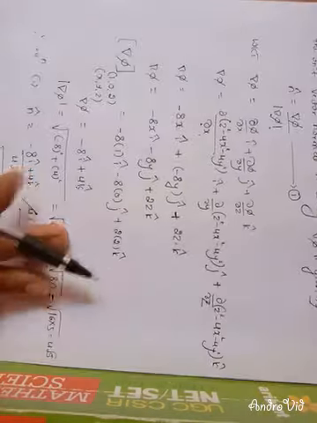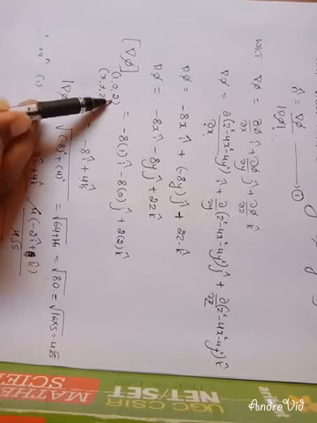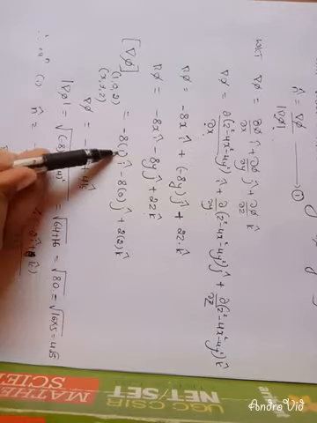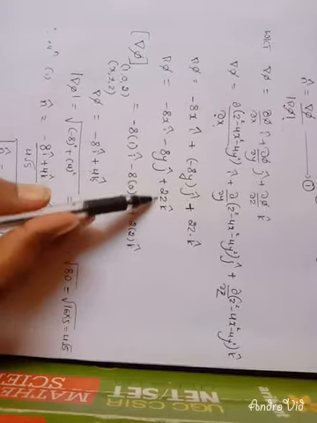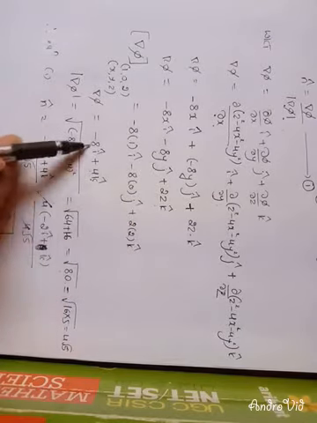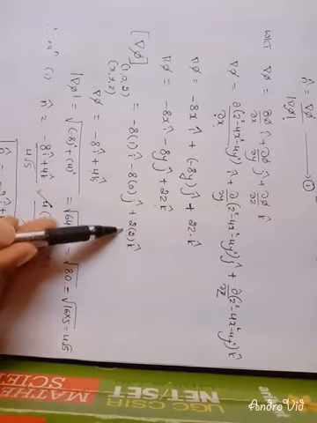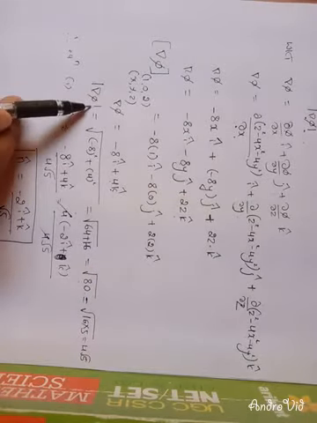So wherever there is x, y, z in this term, substitute x, y, z as 1, 0, 2 respectively. Minus 8x means minus 8 into 1 into i, minus 8 into y means 0 into j cap, plus z means 2 into 2 into k cap. So minus 8i, this term becomes totally 0, and 2 twos are 4k. Then we only need to find the magnitude of del phi. Why do we need the magnitude of del phi?